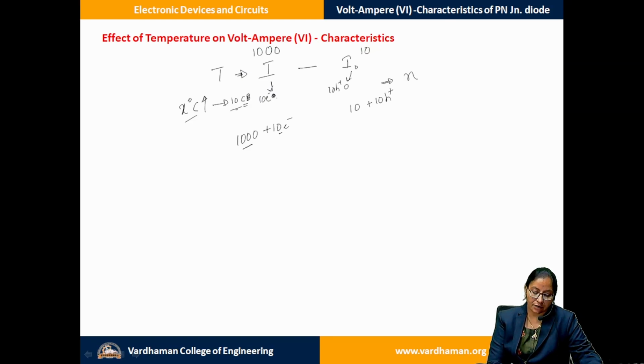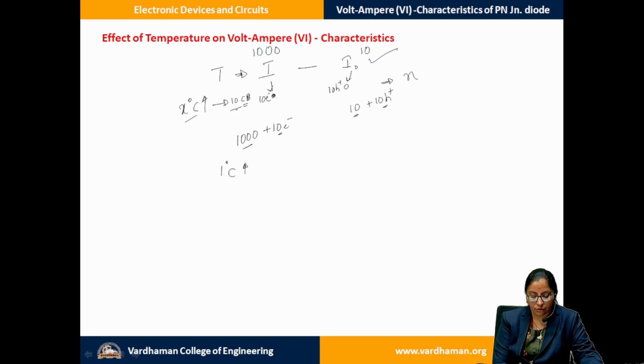1000 particles getting added up with 10 doesn't make much difference, whereas with 10 particles getting added up, the current is getting doubled over here, which implies that the impact of temperature is more on the reverse saturation current than on the forward current or the majority carrier current that is present. So the impact will be more on I naught, and it is experimentally derived that for every 1 degree centigrade raise